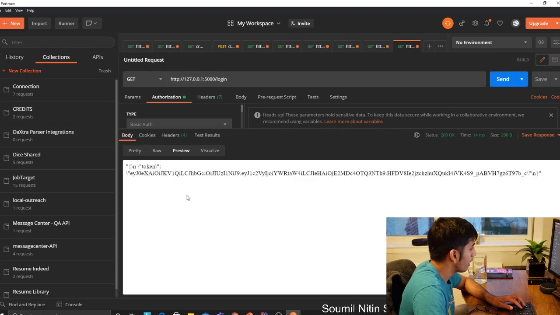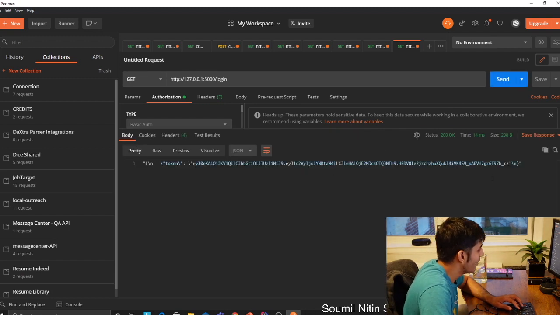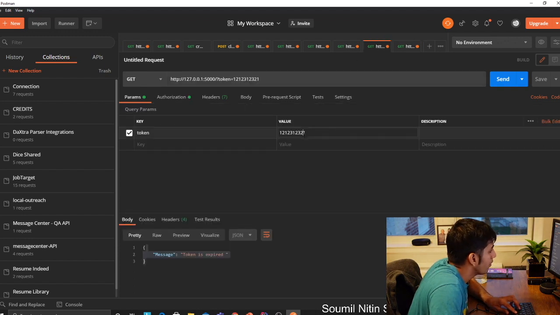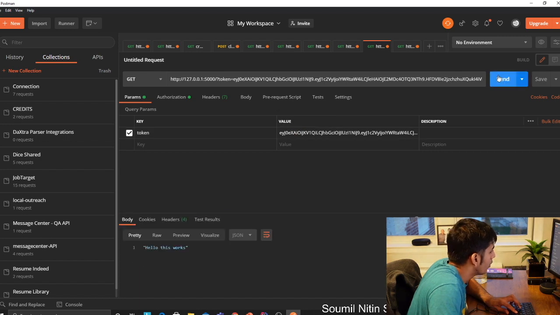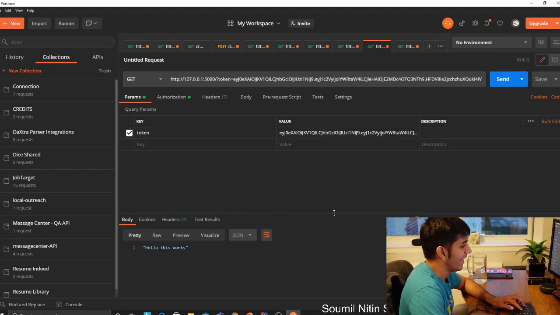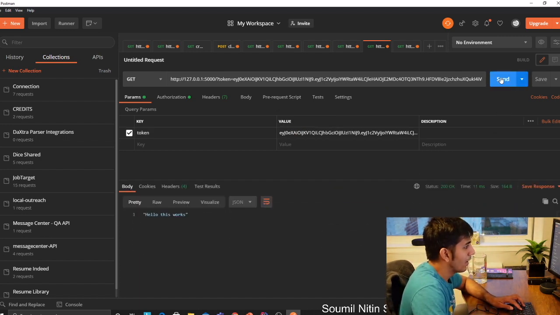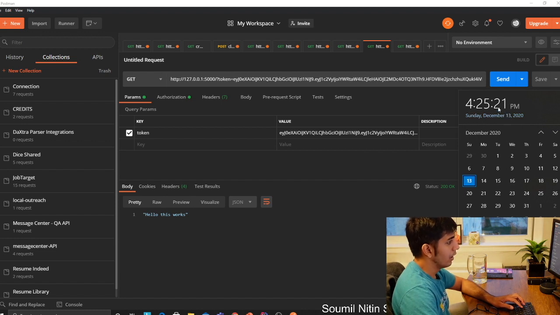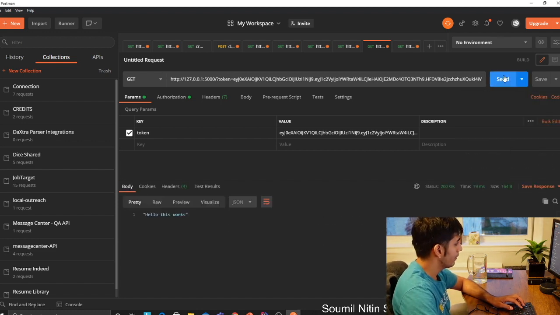Wanna click on login, and yeah, we have it, guys. So grab the token right here, go to the login route, provide that token. If it's a valid token, hello, it works. Yay, that's working, guys. After a minute, if you try it out, let's use the clock and see that. So the token should expire in a minute, right? So let's wait for a couple of minutes and see if we are still working.